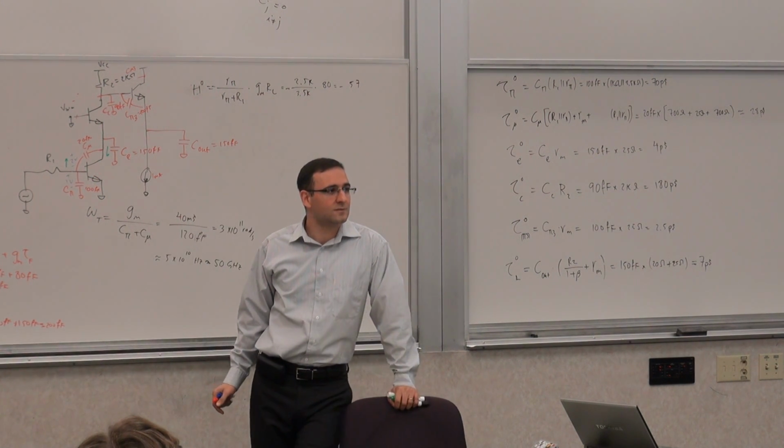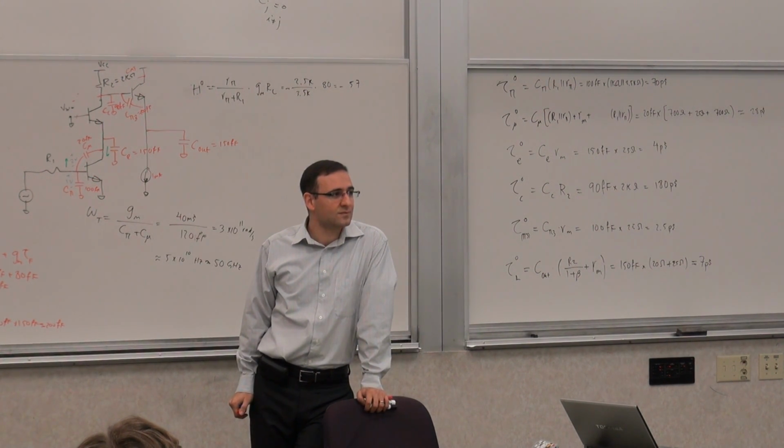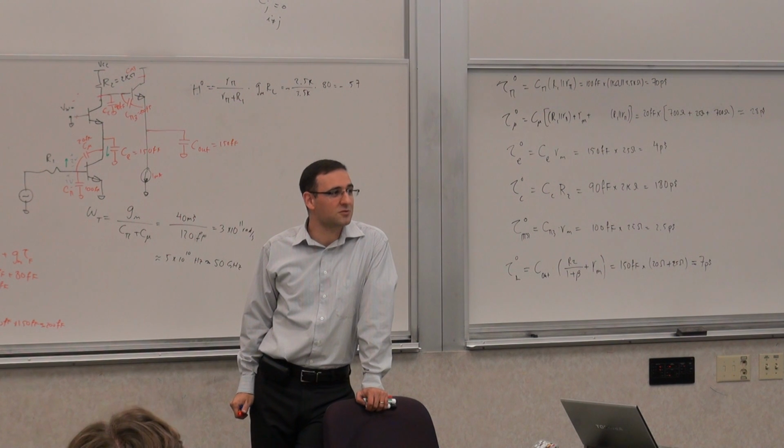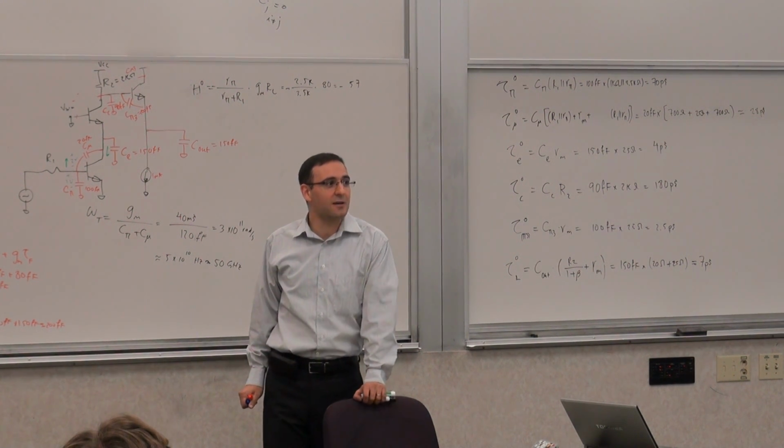What if you have a common gate input stage? But then the common gate input stage will have killed the gain completely, almost, right? Because it's the voltage divider between an RM and